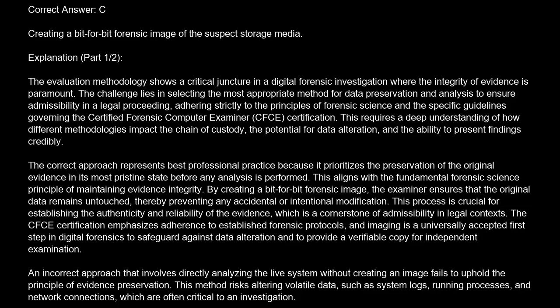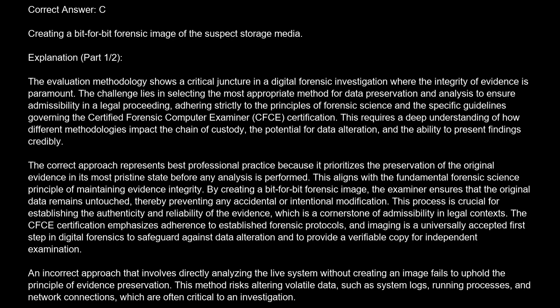The correct answer is C. Creating a bit-for-bit forensic image of the suspect storage media. Explanation: the evaluation methodology shows a critical juncture in a digital forensic investigation where the integrity of evidence is paramount. The challenge lies in selecting the most appropriate method for data preservation and analysis to ensure admissibility in a legal